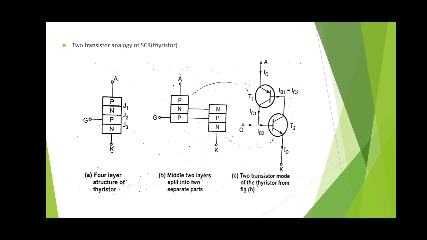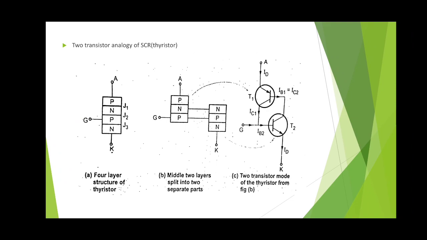Now let us discuss a very important question from this chapter, that is the two transistor analogy of SCR. This is a repeatedly asked question. It is asked for 5 marks or it can be asked for 10 marks. In some question papers, the two transistor analogy of SCR can be asked as: derive the equation for anode current. So we have to write the same explanation, same circuits. We will discuss this question and answer in this slide.